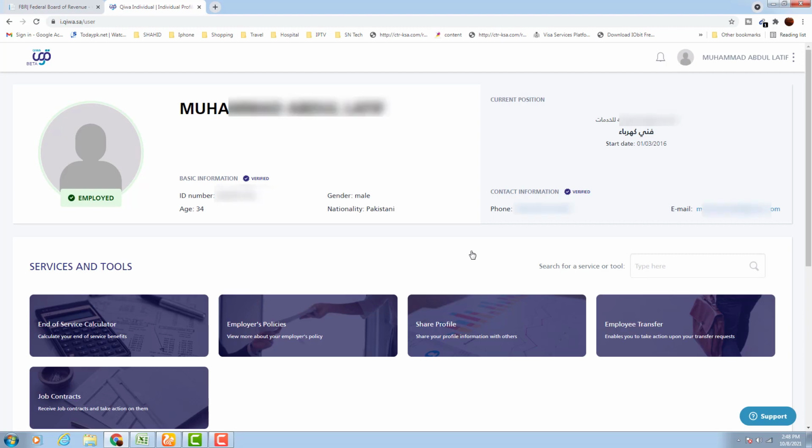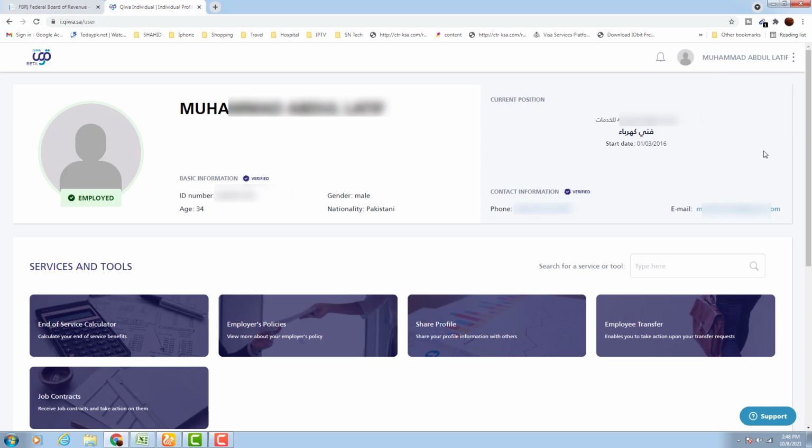When you enter the profile, here you will have complete details of what is coming. Let's suppose on the left side you will have your name, employed. If you have a picture, it will come here. Also your Iqama number and your date of birth will be here. And if you want to change your data, you need to go to the right side, click on edit your profile data, then you can change your data. But if you don't want to change your data, skip this step.